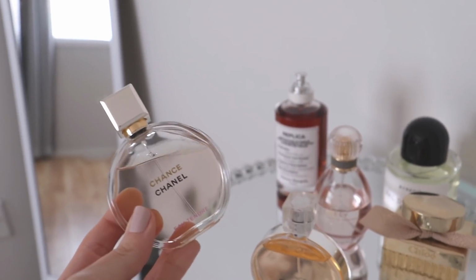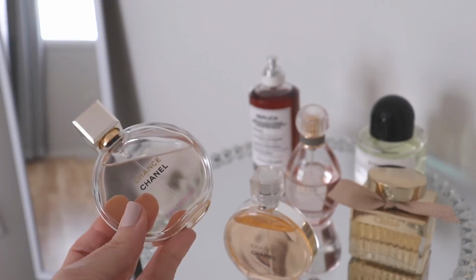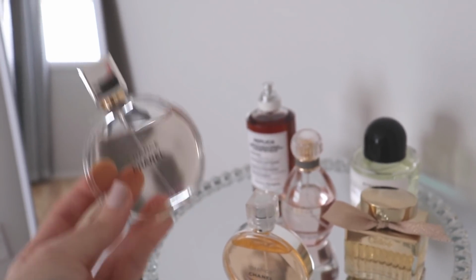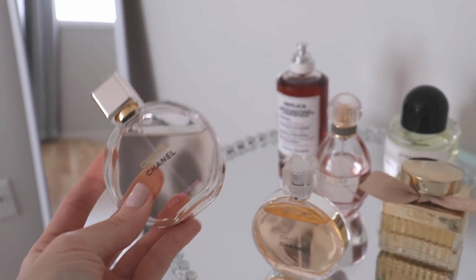I ended up not liking this one. I was really new in my fragrance journey. I didn't know the difference between an Eau de Toilette and Eau de Parfum. So I didn't like this. I gave it to my mom. She ended up giving it back to me. So I have this perfume now, and it is the Eau de Parfum, and I really don't care for it